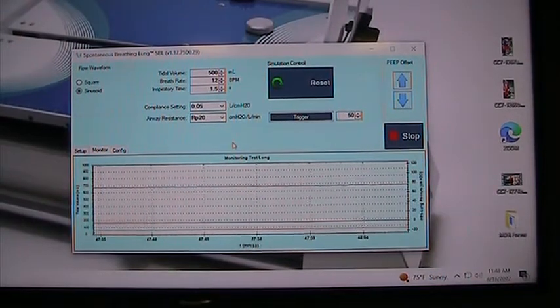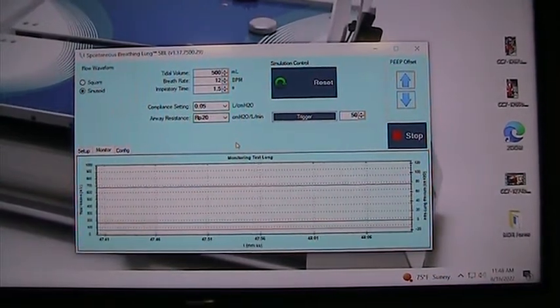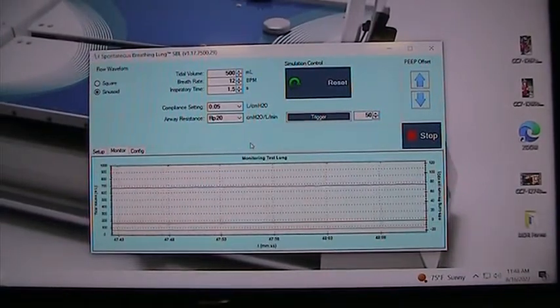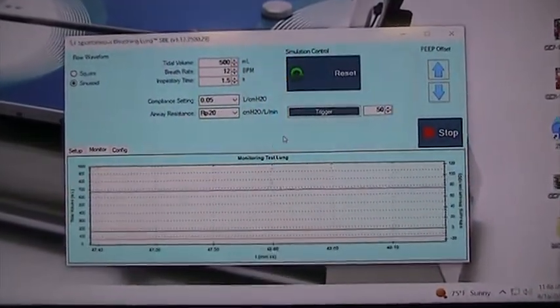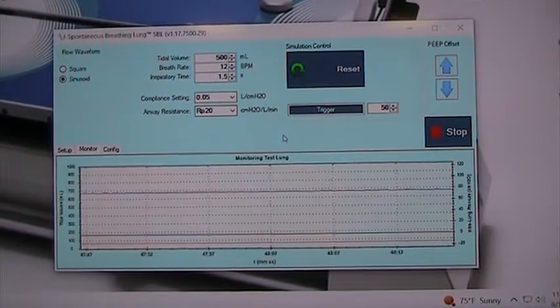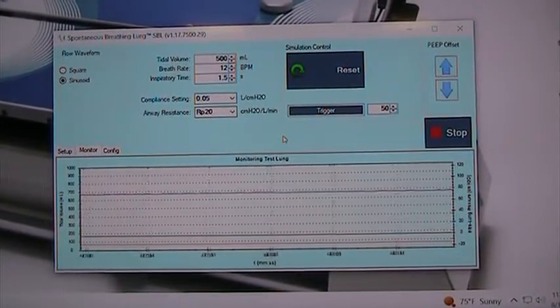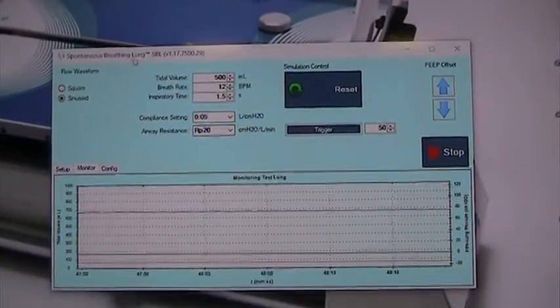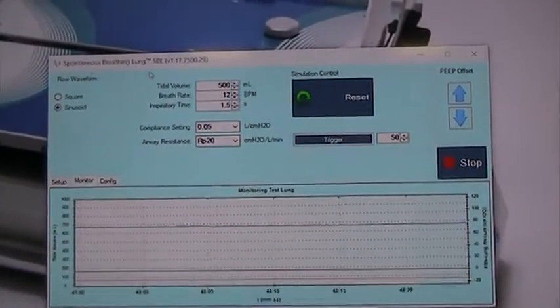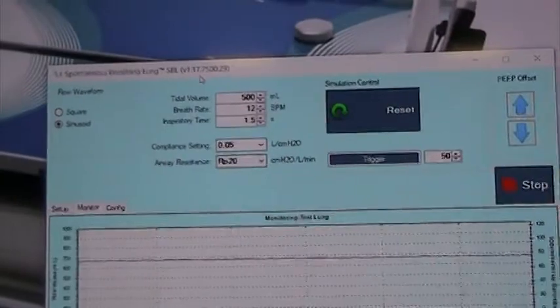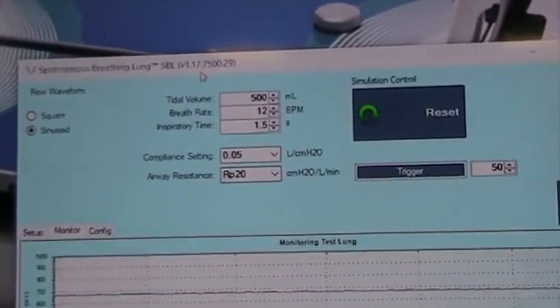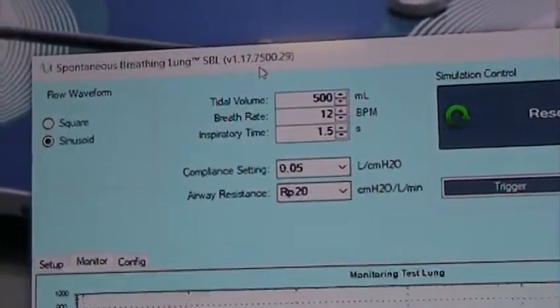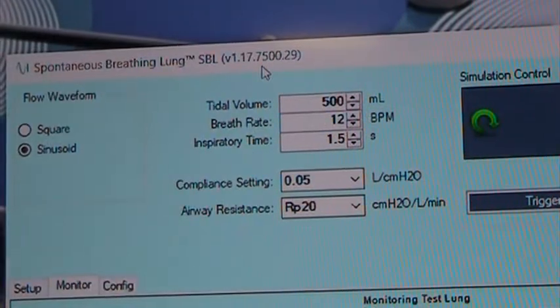We want to talk about the SBL, Spontaneous Breathing Lung, control software. It's a fairly simple application, but we'll run through it and try to answer your questions. At the very top of the screen, we can see that it's Spontaneous Breathing Lung and the version of the software being used. So this is an important thing to be able to note if you require any tech support